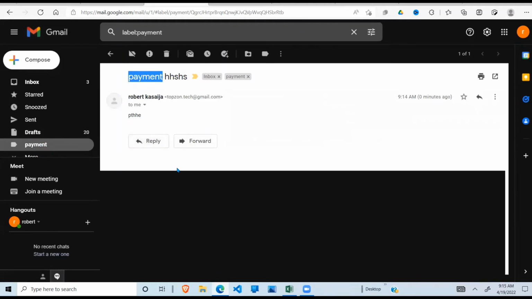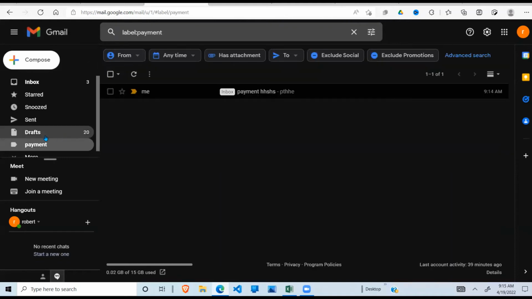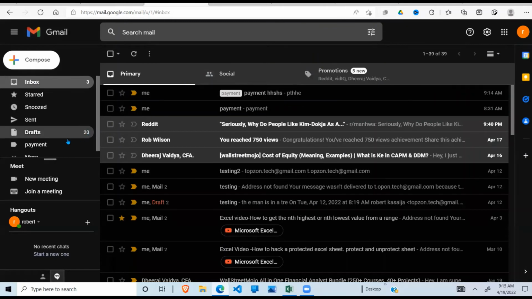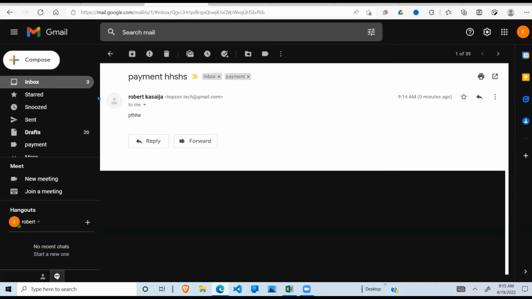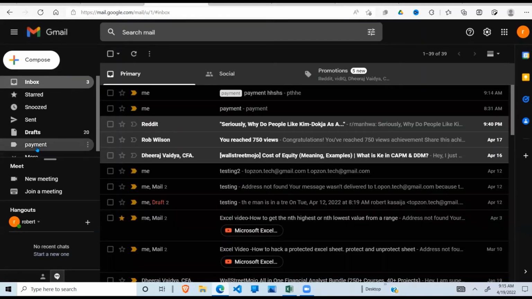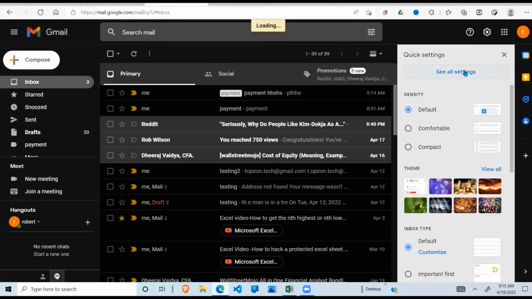Now, the advantage of this is you can easily trace your important mails and you can know where they are stored and easily access them. Now, if you look at it also, it has gone to the inbox. So it has gone in my inbox as well as my payment. Now, assuming I don't want it to go to the inbox and I want it to only go to the payment, I need to go back to settings, see all settings,